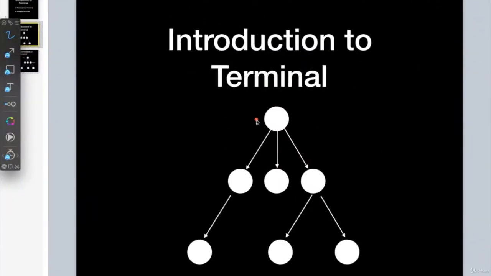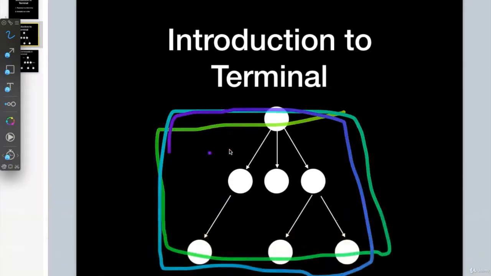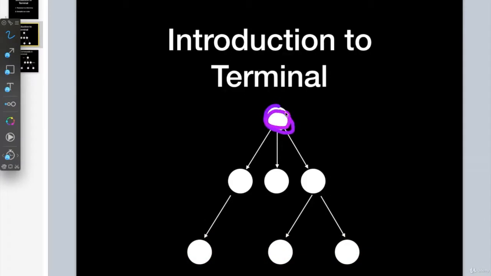The basic structure of a directory looks something like this. This is the parent component. Suppose we are inside a folder, then there can be multiple folders inside that folder, and then we can move inside that, and there can again be multiple folders inside that. So a directory can have a tree-like structure. This is the main folder, then you can move inside another folder, and then you can find different files in that folder, and you can move inside that folder.